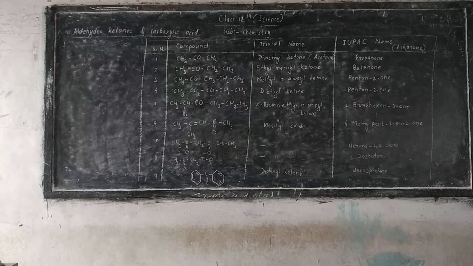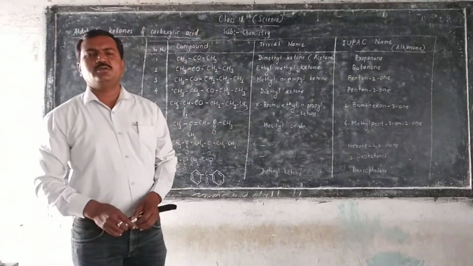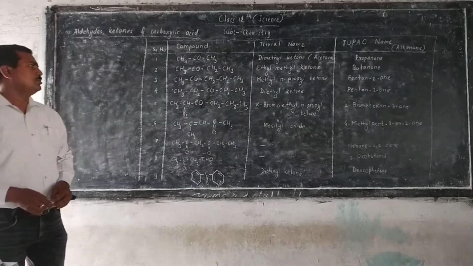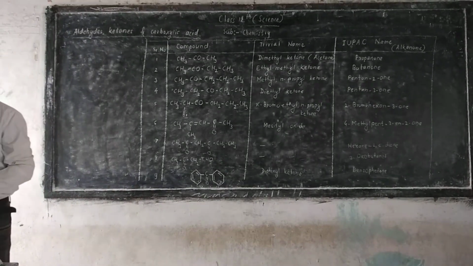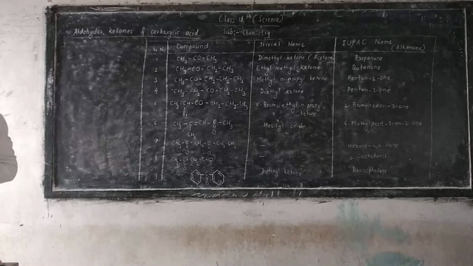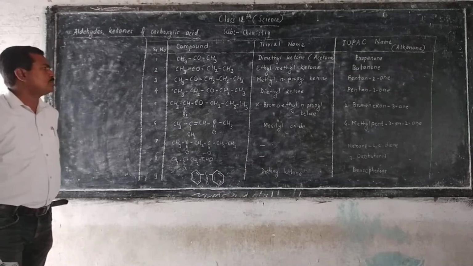So here, nomenclature of ketone. Ketones are organic compounds containing the CO group as a functional group. There are two systems of nomenclature: first trivial and second IUPAC. In the trivial name system, the names of aliphatic ketones are based on the names of alkyl groups